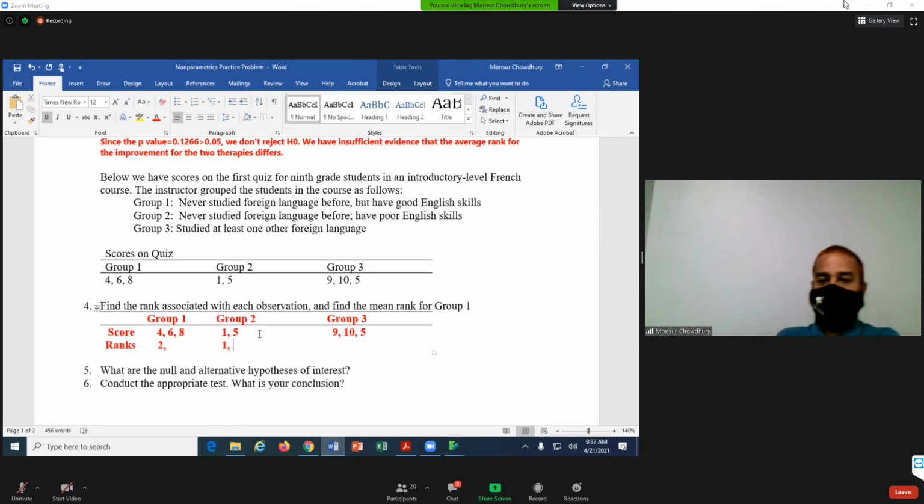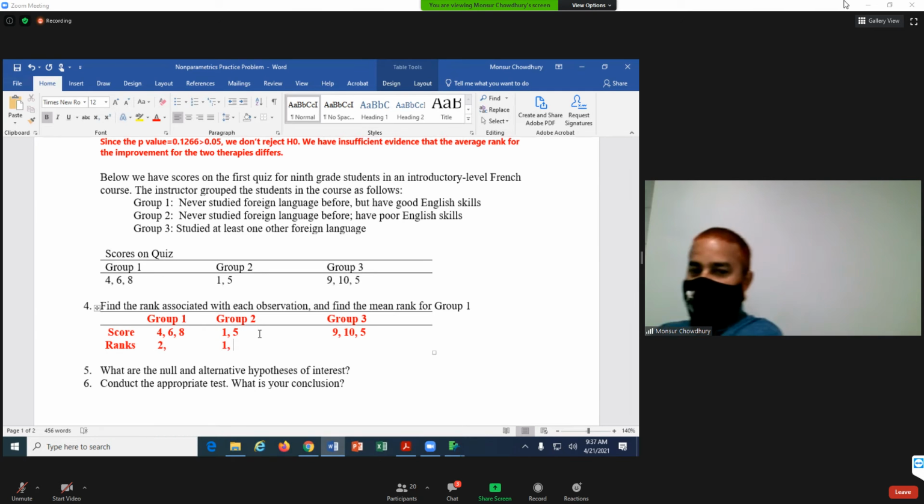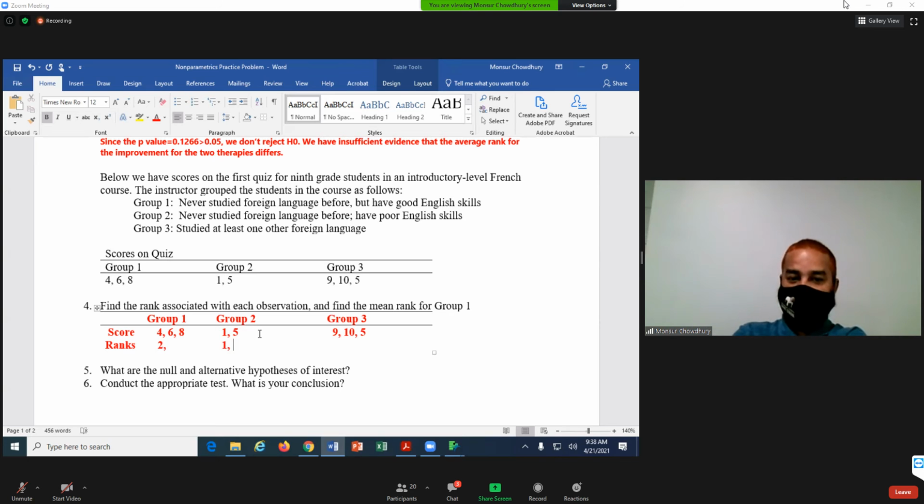Rank for the 5 is 3. But we have two 5s, so this is tied. If we have a tie, then we can take the average of the ranks 3 and 4. So the average is 3.5.